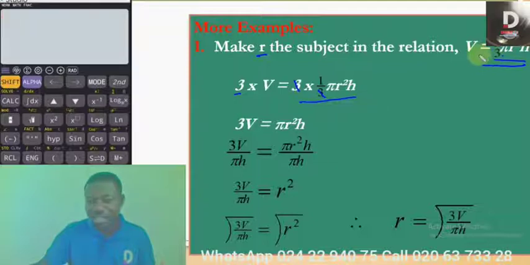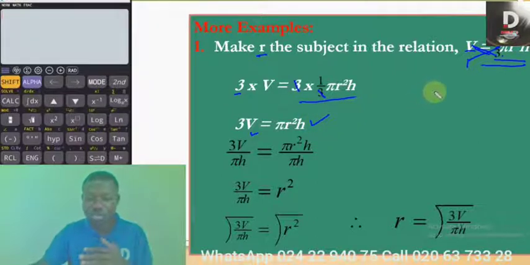But you can say you can do cross multiplication because these are only 2 terms. I advise you, if they are only 2 terms, you can do so. So multiply this one by that, and multiply here by that. This is over 1. Every term is over 1. So multiply 3 by V, making 3V, which we have here. Then 1 times 1 pi R squared H will produce this for you. Simple. But if there are 3 or more terms, then you have to make sure